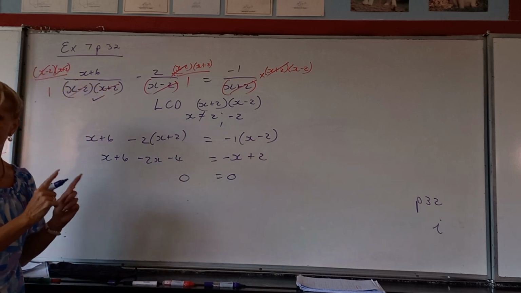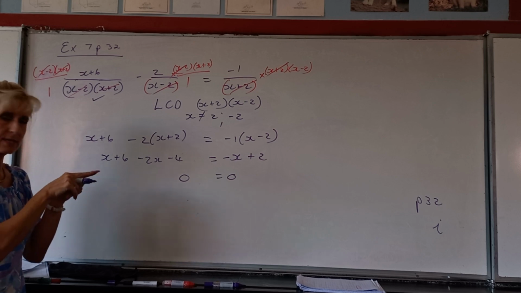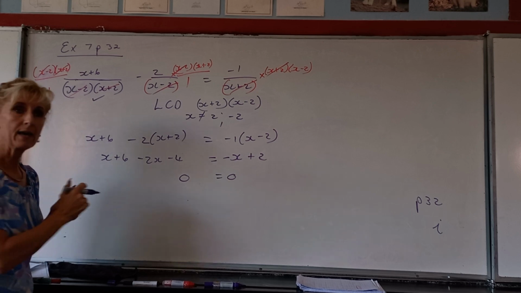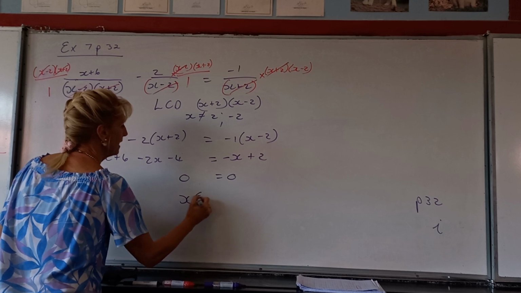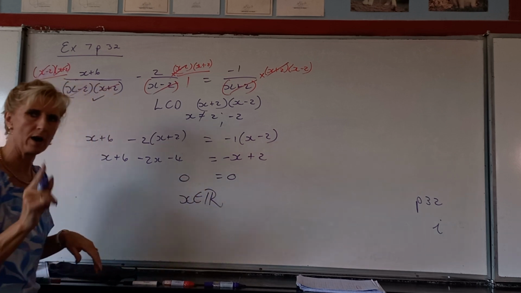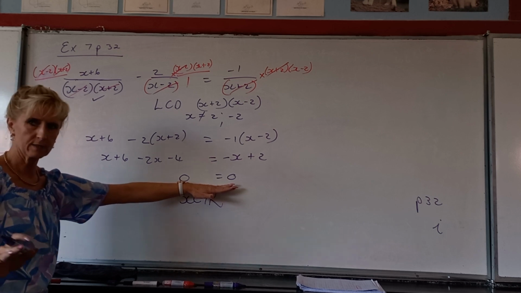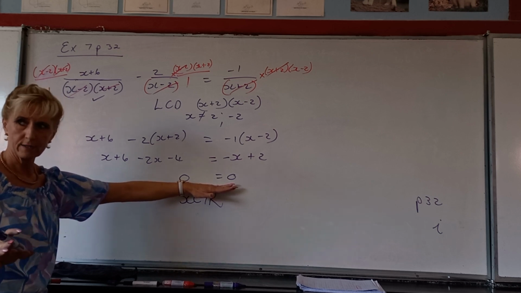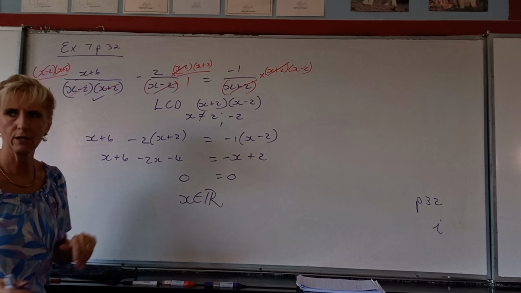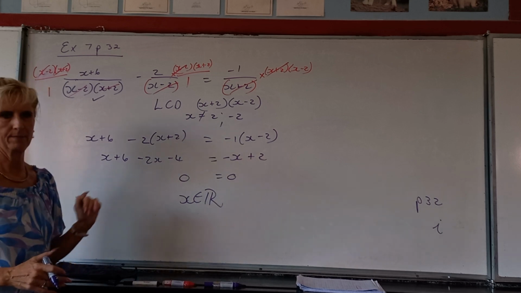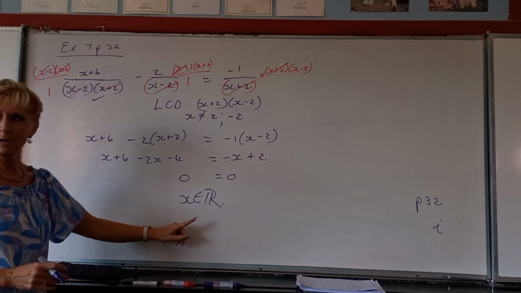We've heard about this before. Yes. What happens in a sum like this? Oh, fantastic. x is an element of the real numbers. Why? Because what's standing there is true. Always. Always. If it was 0 equal to 3, you'd say never. No solution. But I'm going to lose a mark